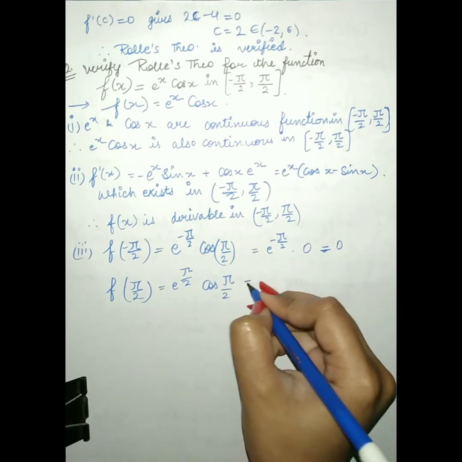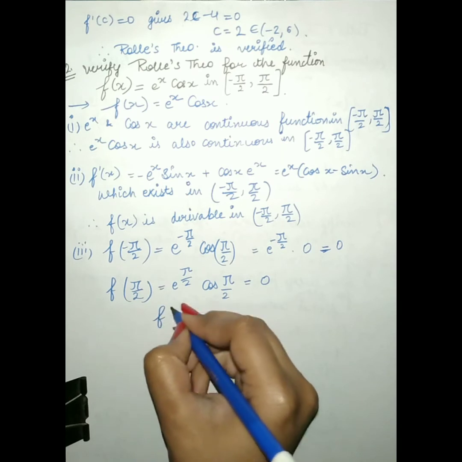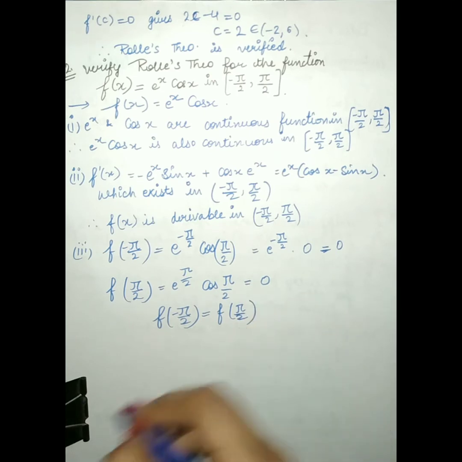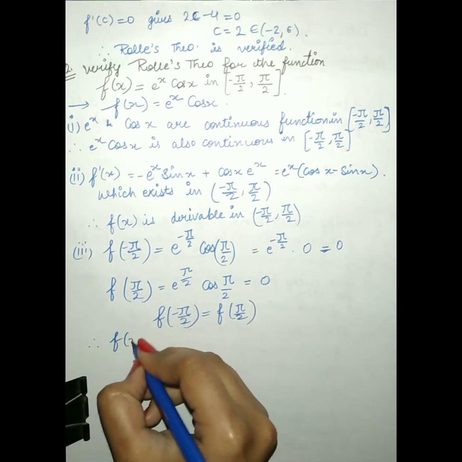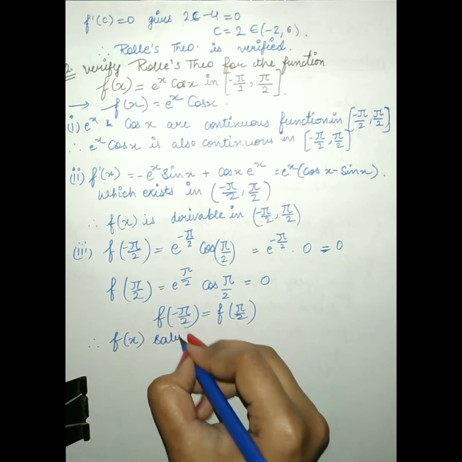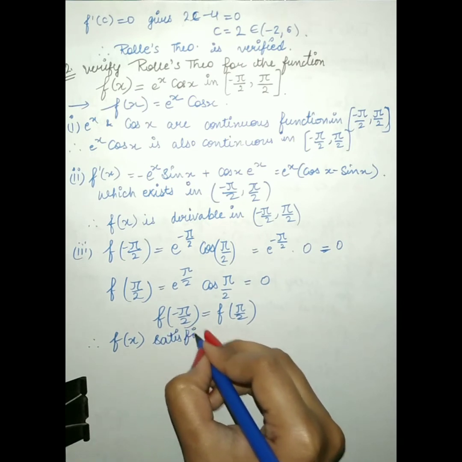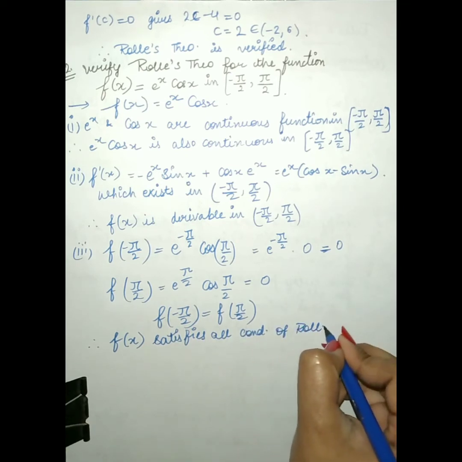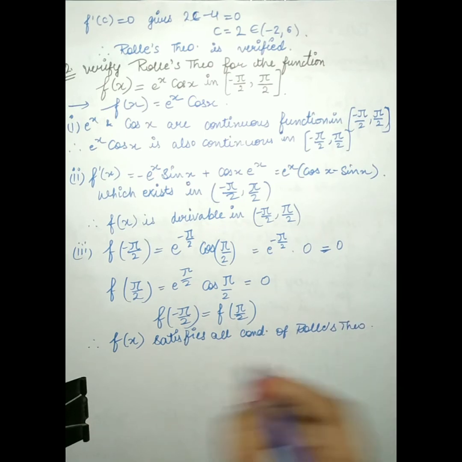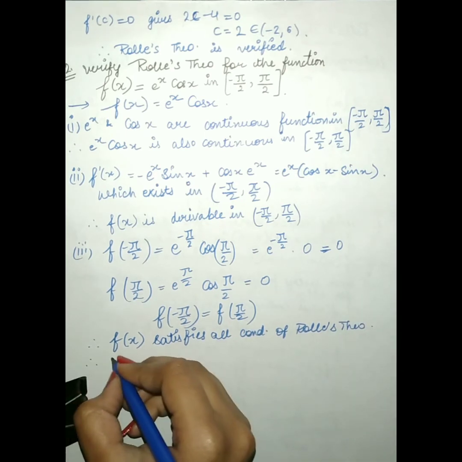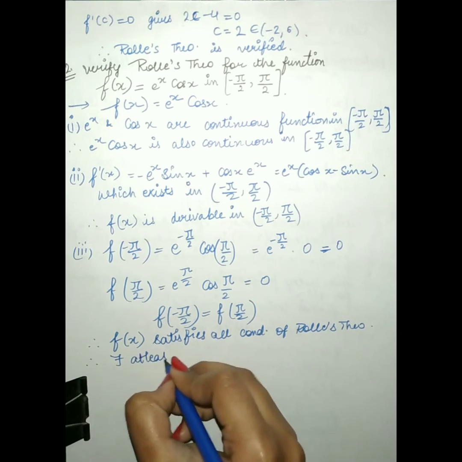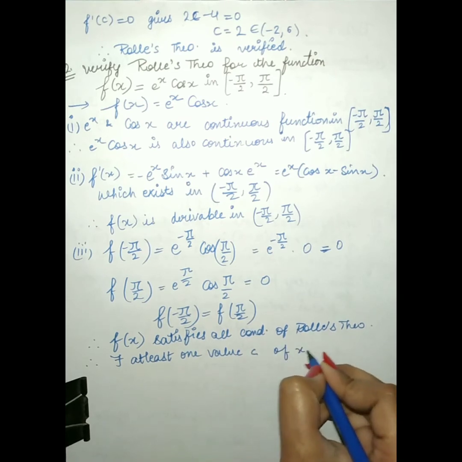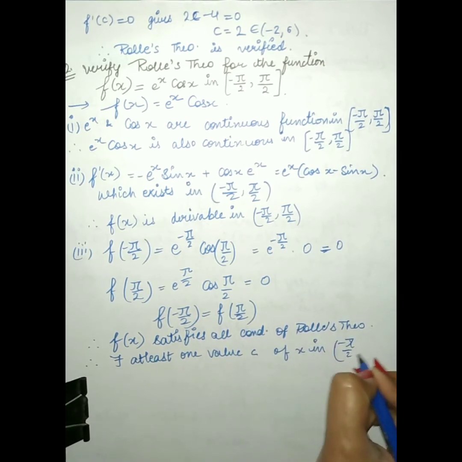It also will become 0, so f of -π/2 will be equal to f of π/2. So therefore f of x satisfies all the conditions of Rolle's theorem. So therefore there exists at least one value c of x in the given interval -π/2 and π/2,